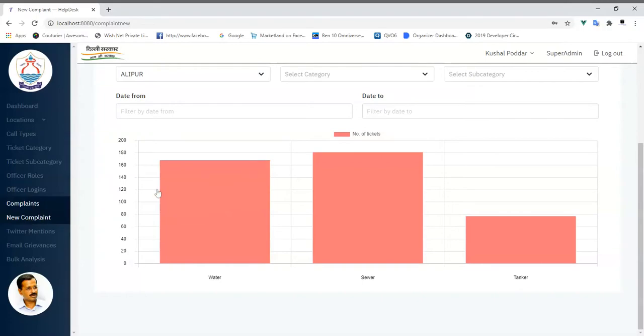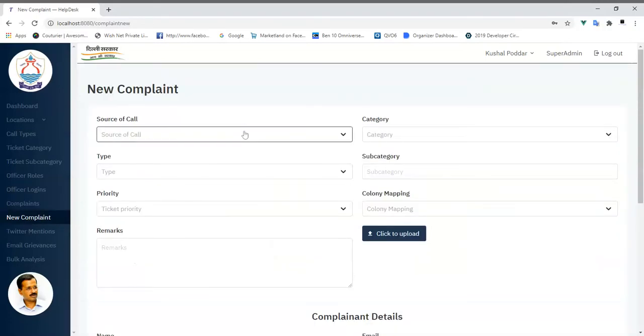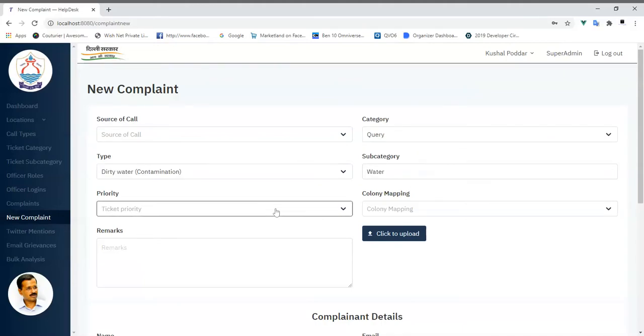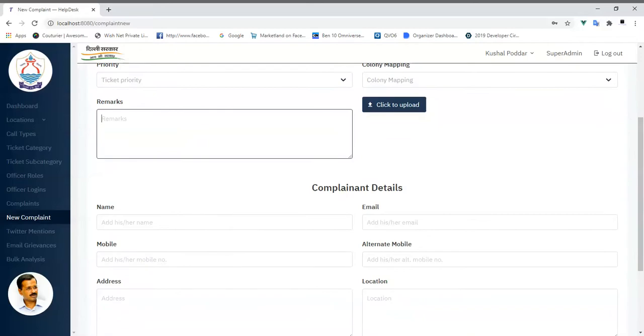So this is the option of adding a new complaint, which asks for a source of call, a category, a type, or a subcategory, which is auto-populated on clicking a category and a type. And the next is the ticket priority, whether it's low or high or a medium priority, and colony mapping, including the details.